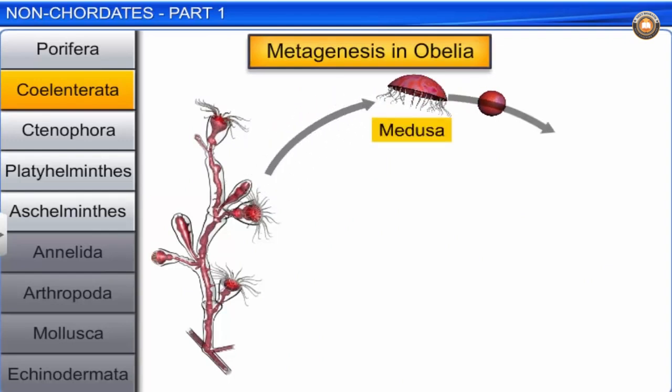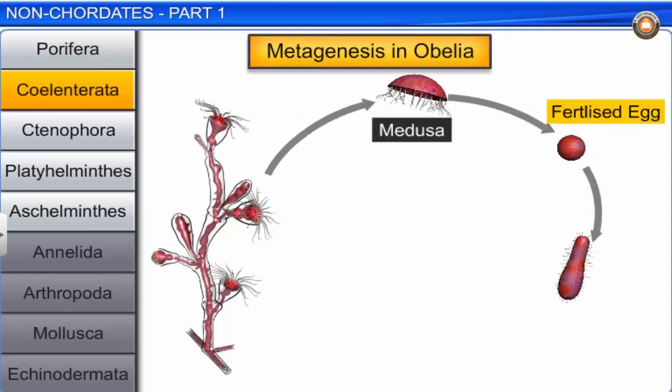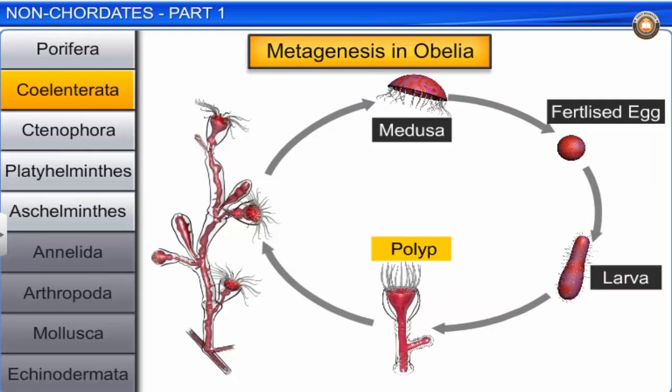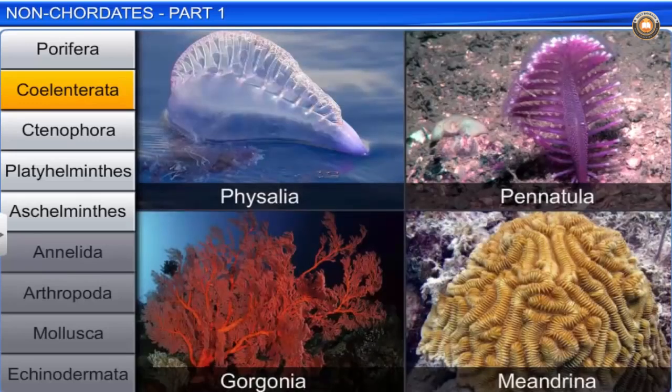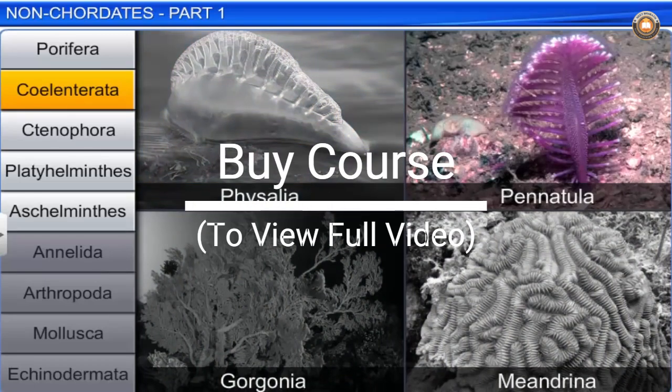Some coelenterates like Obelia exist in both forms and exhibit alternation of generation. Polyps produce medusae asexually, and the medusae form polyps sexually. This phenomenon is called metagenesis. Some common coelenterates are Physalia, Pennatula, Gorgonia,